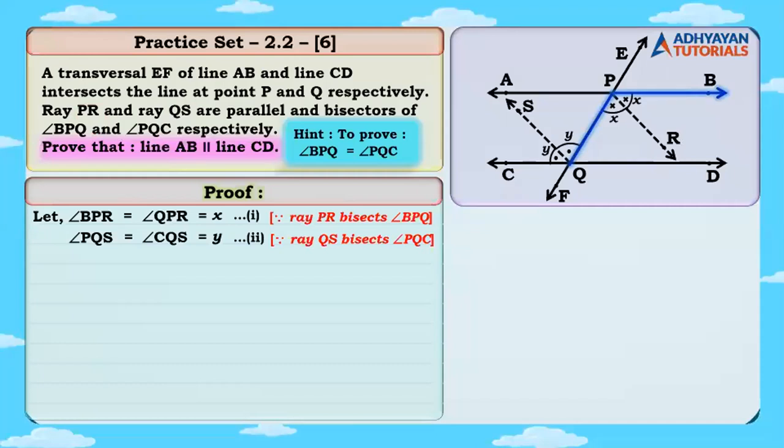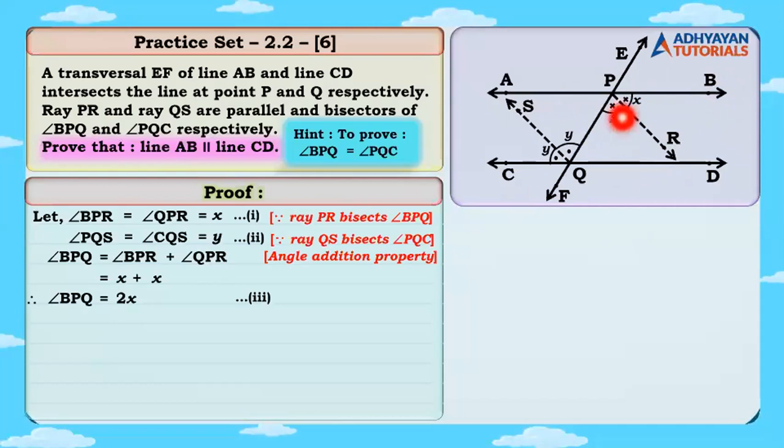I'll just consider one more property here, which is angle addition property, which we would be needing later on. That is, can I write angle BPQ as angle BPR plus QPR, addition of the two smaller angles? Right. So what is the value of BPR, children? X. And what is the value of QPR? X. So what is X plus X? 2x. So this is nothing but angle addition property. And likewise, for the other angle PQC, which will be 2y, you don't need to show the steps. You can use this same way. Similarly, we will get angle PQC is equal to 2y. I hope this is understood to all of you.